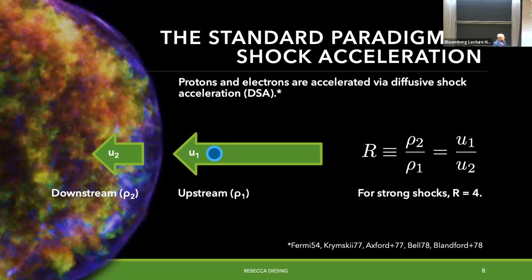Now, particle acceleration comes into this when we consider a charged particle like a proton that is being pitch angle scattered by magnetic perturbations in both the downstream and the upstream. You can think of it as behaving diffusively. It's going to isotropize first with the upstream and then with the downstream, respectively. That means every time this particle crosses the shock, it undergoes a frame change. From the particle's point of view, when it's in the upstream, it's going to see the downstream flow coming toward it at u1 minus u2. When it's in the downstream, it's going to see the upstream flow coming toward it at u1 minus u2. So you have a head-on collision every time you cross the shock, and therefore a net energy gain. This is your efficient acceleration mechanism that we call diffusive shock acceleration, or first-order Fermi acceleration.